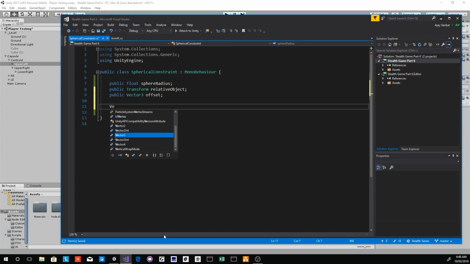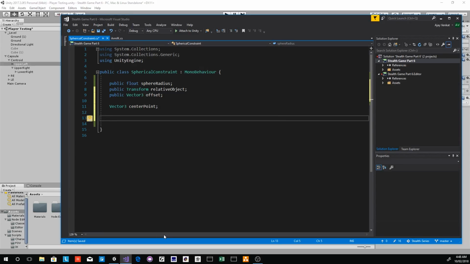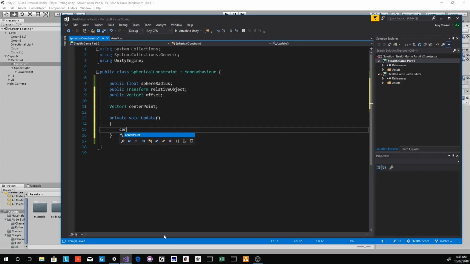Okay, I'm going to create a little private variable called center point, which will keep track of where our actual sphere is. So I'm just going to create a little private void Update, and this is going to be the only Update in the entire script. Okay, so we're just going to say relative object transform point,